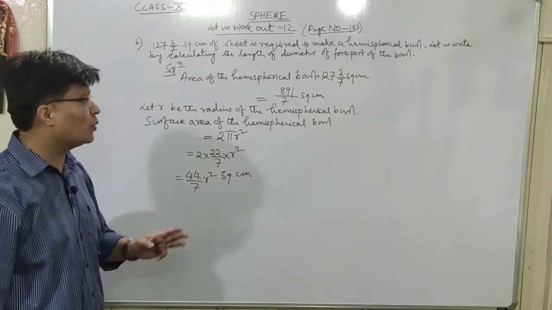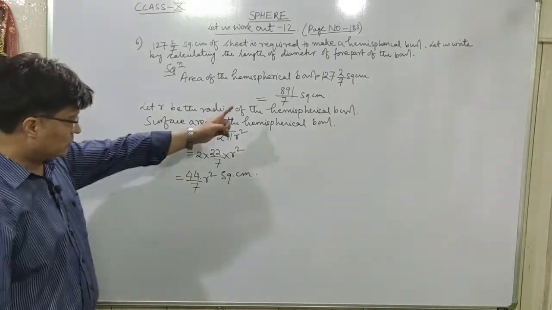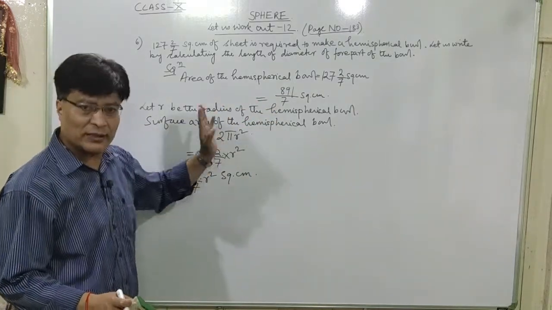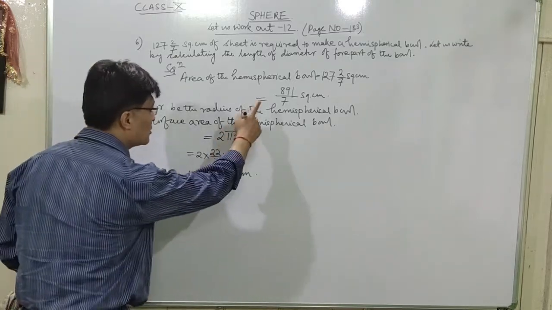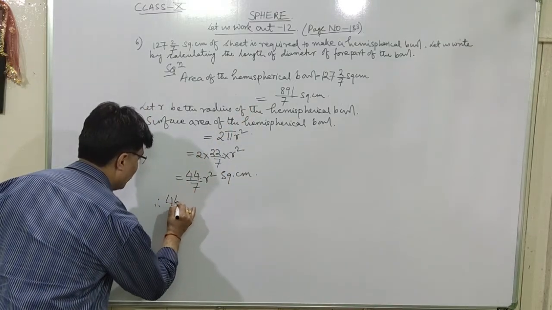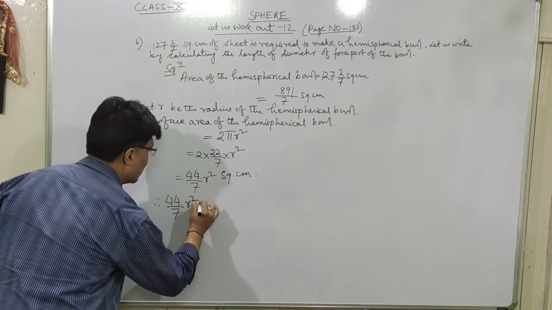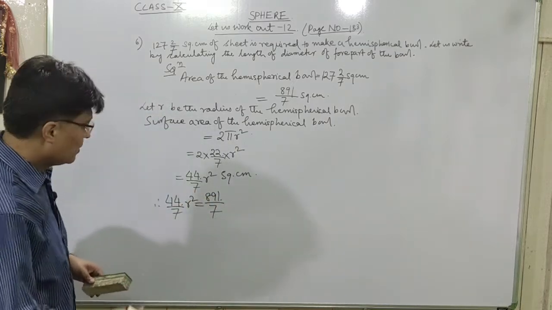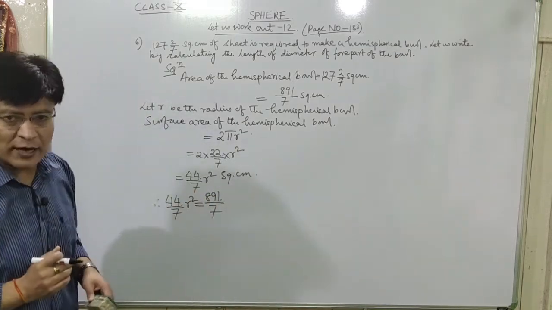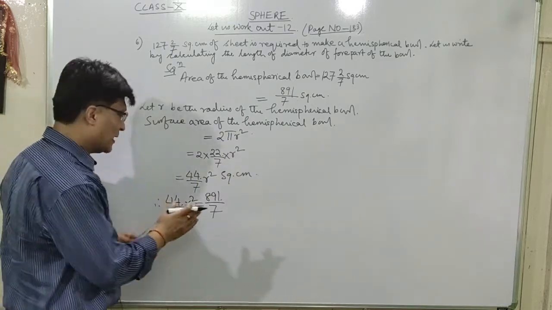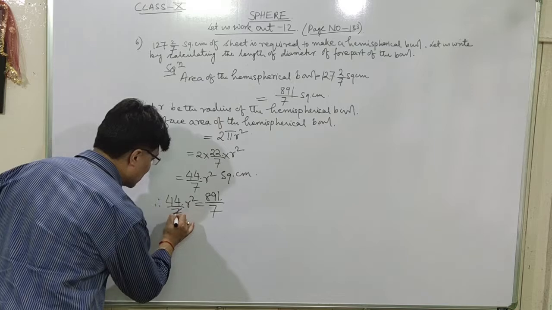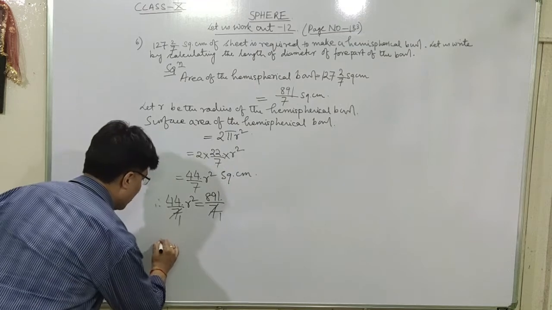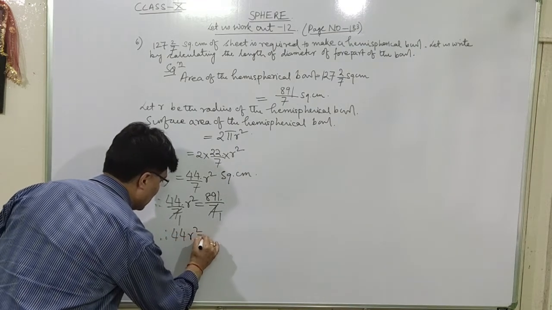But by the question, what is the area of the hemispherical bowl? It is 891 divided by 7 square centimeter. So what should these two be? They should be equal. Okay? So you can equate these two now. Therefore 44 by 7 r square is equal to 891 divided by 7. So you have to simplify it and get the value of r in this case. As you know, from both sides you can cancel the denominator. That is 7 ones are 7, 7 ones are 7, right? So therefore 44 r square is equal to